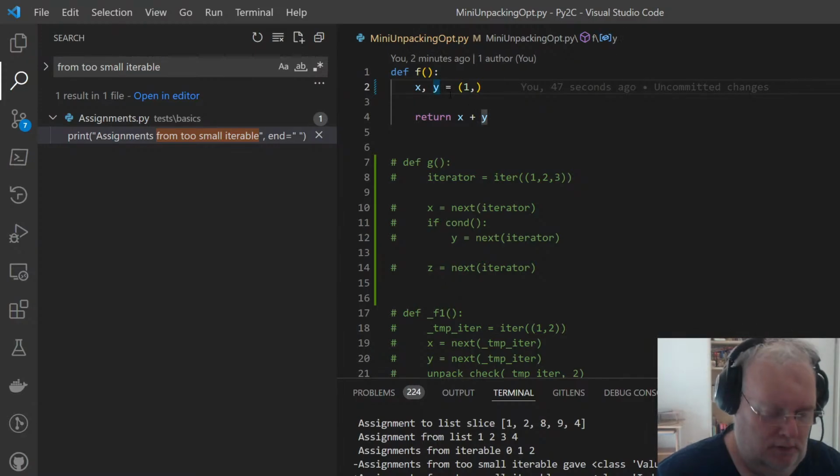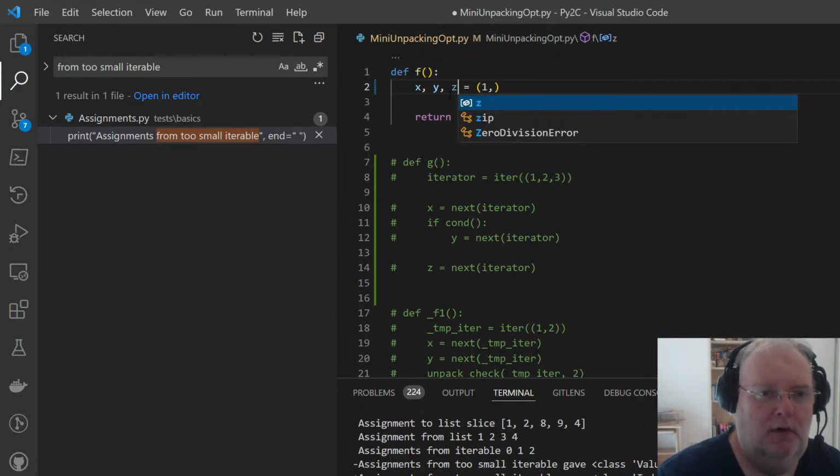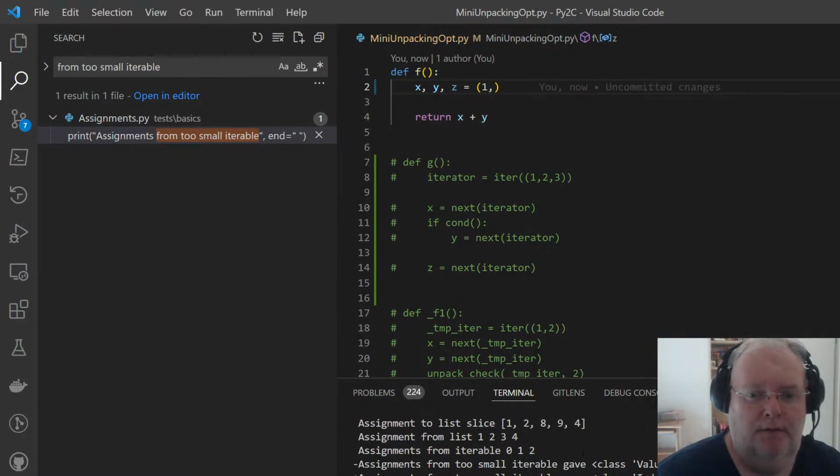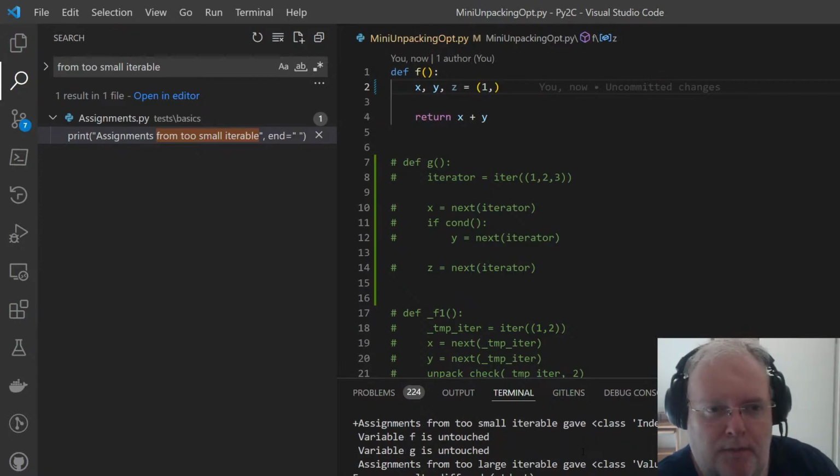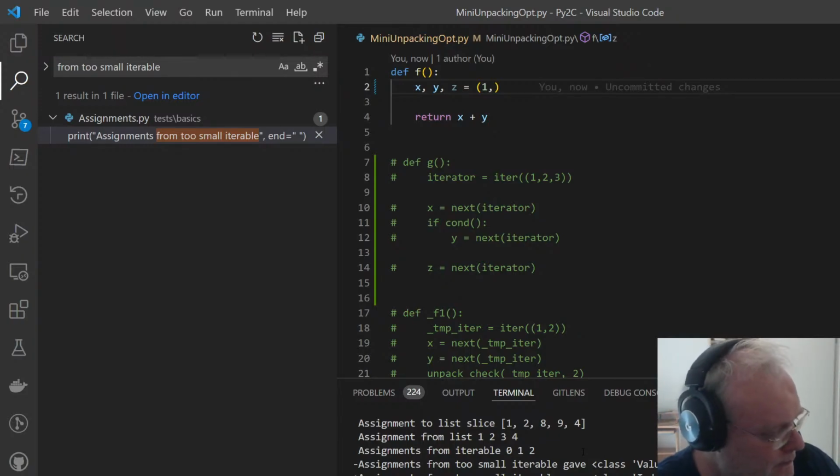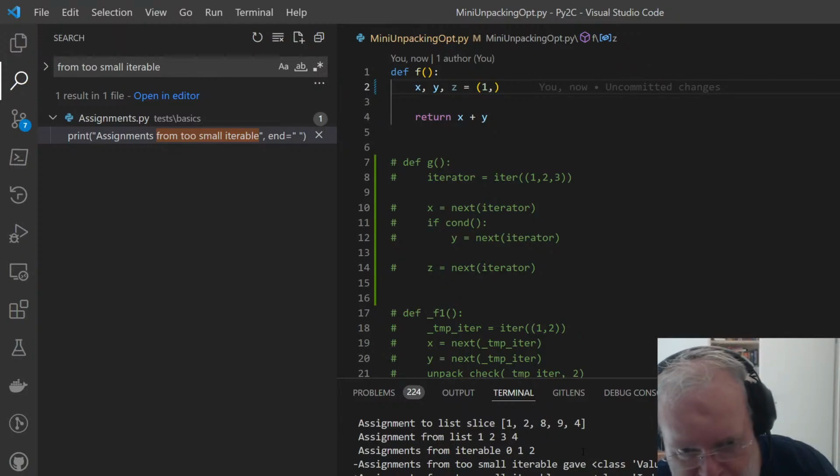So, yeah, so I guess I can do this in the beginning. So this is actually a length check.